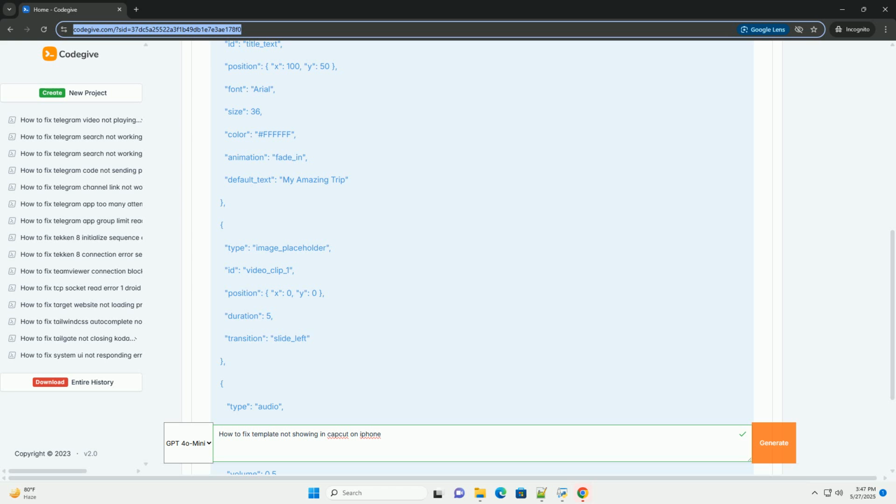Template structure. Templates typically consist of several components. Video/image placeholders: designated spots where you'll insert your own media. Text layers: editable text elements that can be customized. Transitions: visual effects that connect different clips. Audio: background music